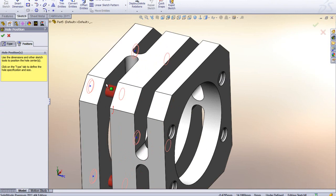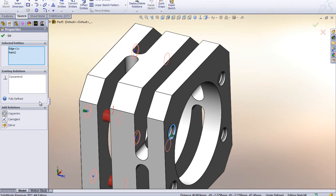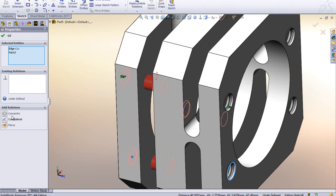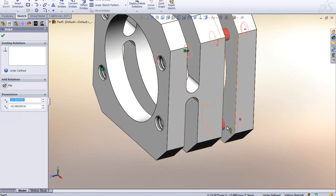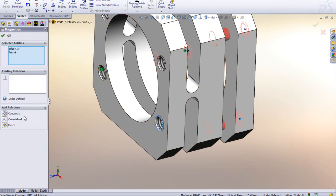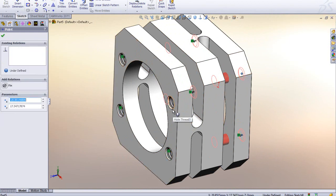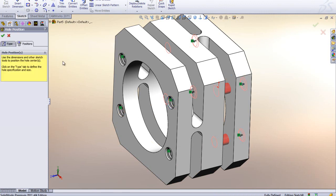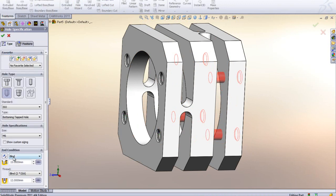So I'm going to go over here, and I'm going to hit that point, hold down Control, hit this edge, make that concentric, go over, hit this point to this edge and make that concentric, and we can go over here and do this point to this edge while I'm holding down the Control key. We'll make that concentric, and lastly this point to this edge here, concentric. And then of course the last thing I have to do is the same thing here. This one cuts all the way through. Let's go back to type and go into Up to Surface, click on this face here,